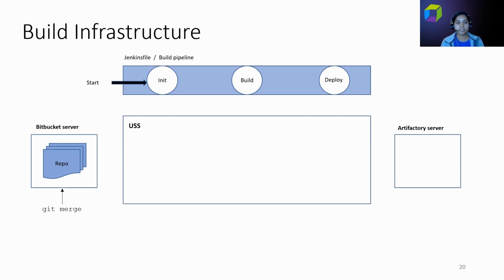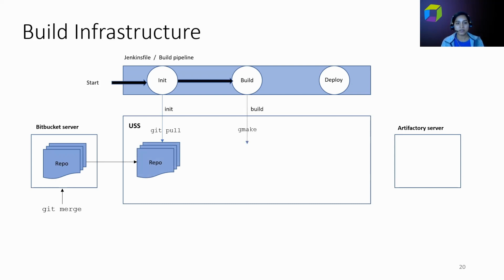So the first stage in the Jenkinsfile is the init stage. Here's where we are prepping the build environment in USS. In the init stage, it runs git pull. Basically, git pull will bring in the updated repository from the Bitbucket server to the mainframe USS environment. So with git pull, we got the repository to the USS. Now that the init stage is successful, Jenkins proceeds to the next stage, which is